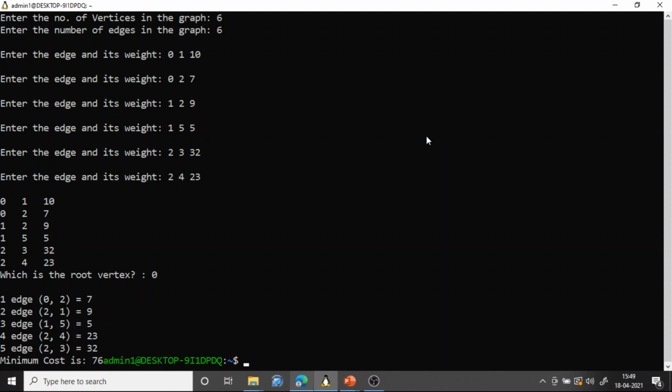When you add the edge, the vertex list also gets updated, because you are adding u comma v: u is visited and v is not visited, so the v which is not visited will now be added to the vertex list. We do this in every iteration until n minus 1 edges have been added, or until you couldn't identify an edge u comma v where u is visited and v is not visited.